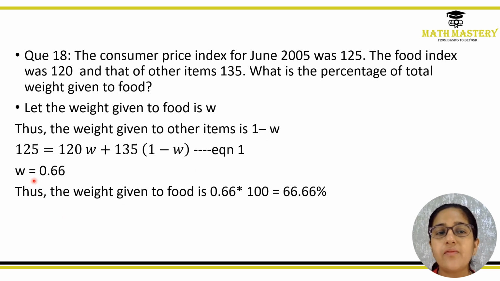Now 125 is the CPI. 125 is equal to 120 multiplied by W, the weight given to the food items, plus 135 multiplied by (1 minus W), where 1 minus W is the weight given to the other items. So when you solve this equation, the value of W comes out equal to 0.66. So the weight given to the food is 0.66 multiplied by 100, which is